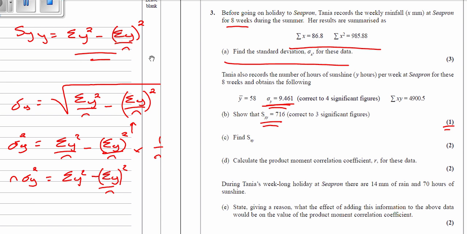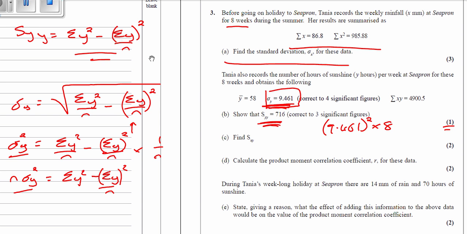And it's not the easiest thing in the world to do, but if you've seen this, it means quite an odd way of doing it, but if you have seen this, then it's dead quick. So if you know the link between the standard deviation and SYY, or SXY, so SXX, all you need to do is you square the standard deviation and then you times it by n. So what we've got here is we've got a standard deviation, so we're going to do 9.461 squared, and then we're going to times that by 8. And if we do that,